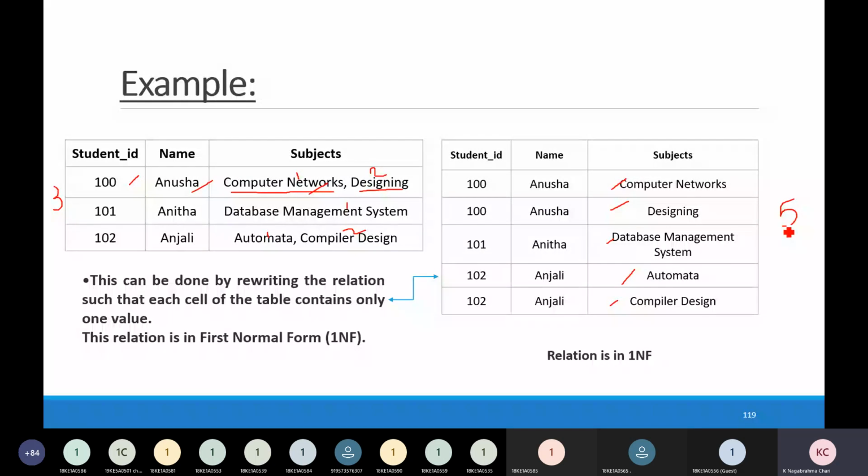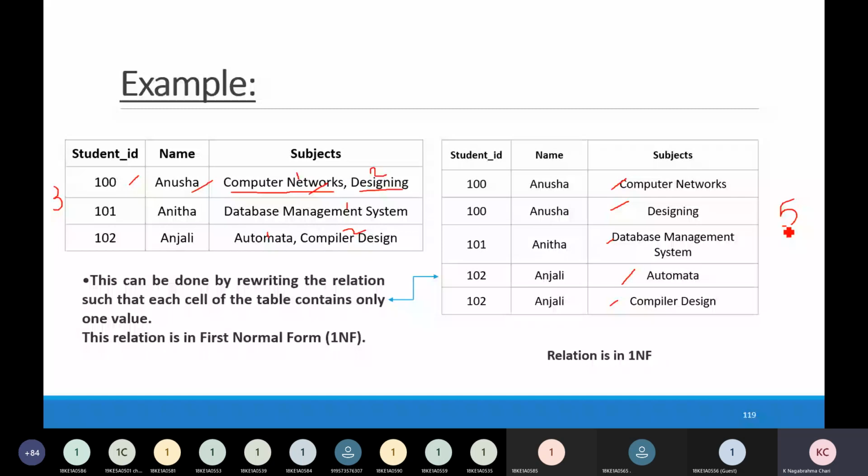Here you have to understand that we are increasing the rows, and there is no problem in first normal form, because in each and every column we have to keep only a single valued attribute, that is called an atomic value. If there are multi-valued attributes, you have to convert them into single valued attributes by adding another row to the existing table. This process is known as first normal form.